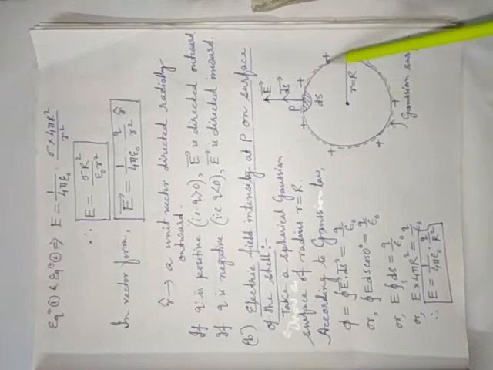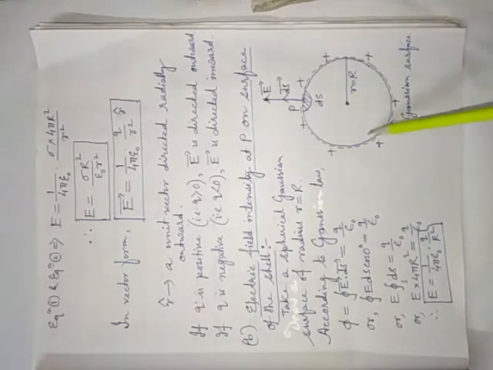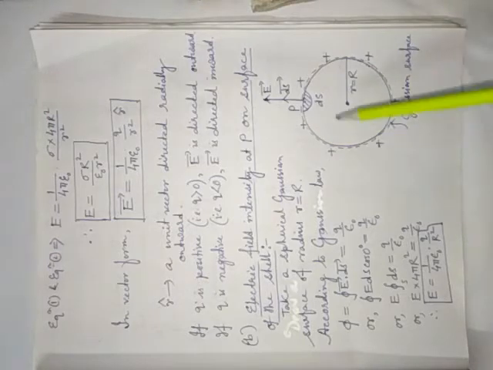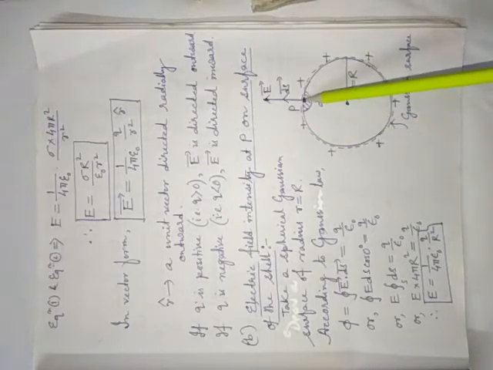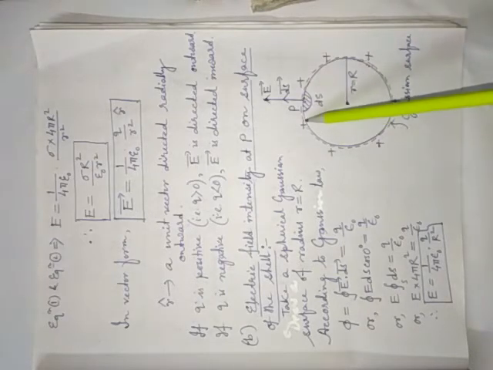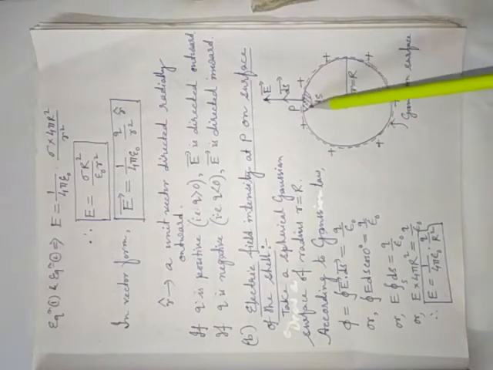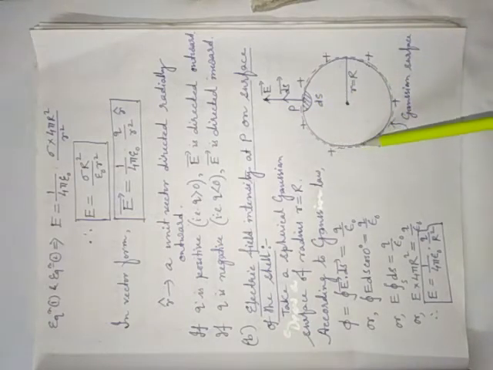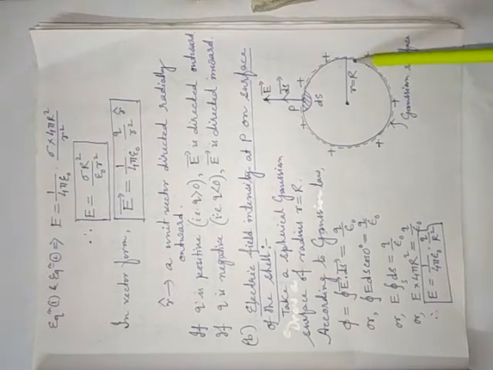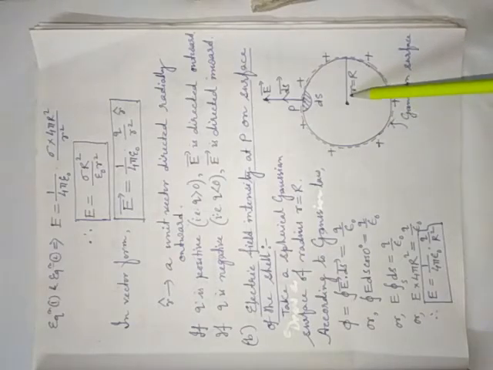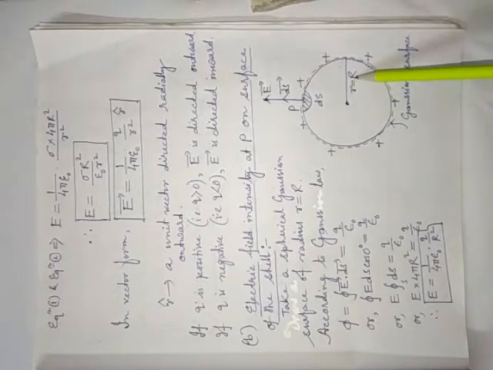Suppose this blue circle, which here means a sphere, is positively charged. Now we are going to find the electric field intensity at point P on the surface. That's why we have to draw the Gaussian surface on the surface, but it is very difficult to understand, so for understanding only I have shown it about 1 millimeter away. Actually this dotted mark is the Gaussian surface, but it coincides with the red mark. That means the radius of the Gaussian surface, small r, is exactly equal to the radius of the positively charged spherical cell.